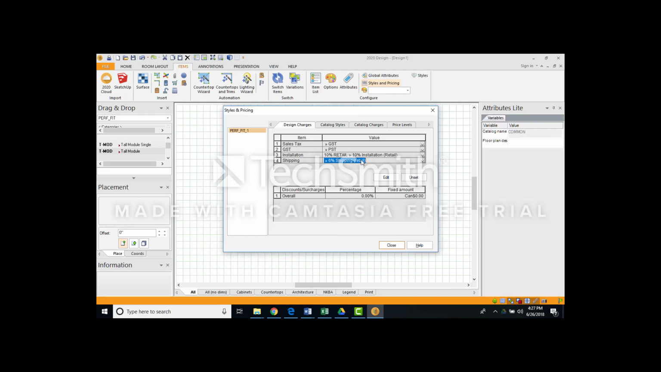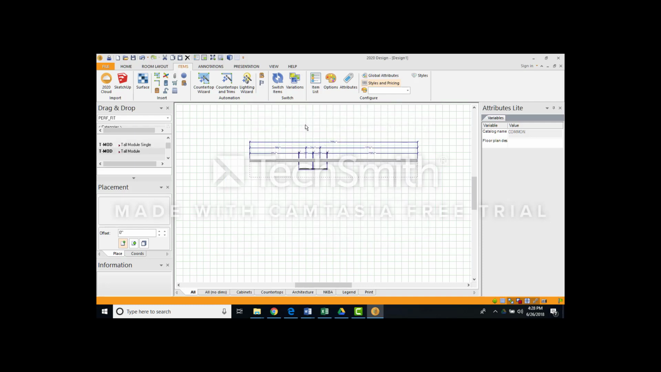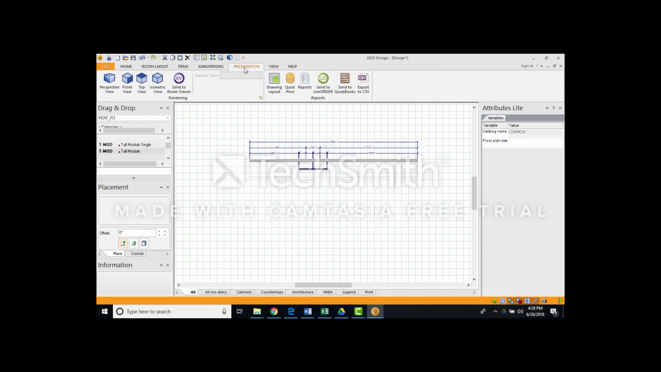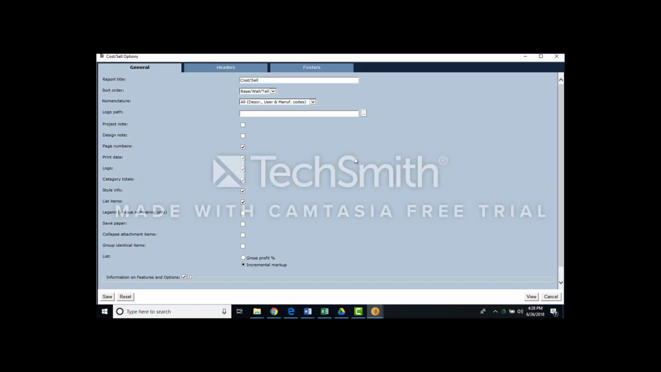So every time you do design, you have to click on these variables. Okay, so for every design you do, you have to click on these to make them work. Just keep that in mind as well. So I'm going to hit close. Great, so that all works. Now I'm going to go into presentation, reports, cost and sell to see that my markup is correct. Hit view,